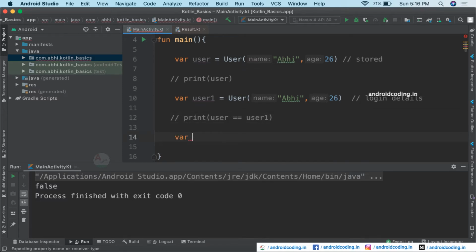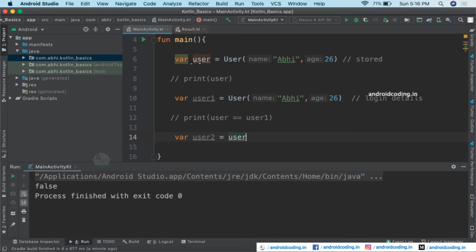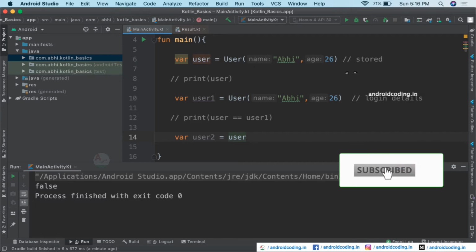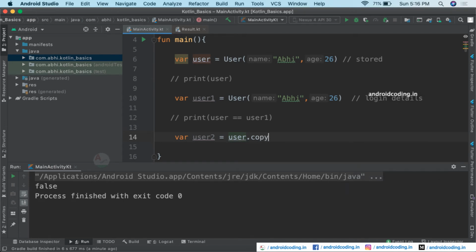We are trying to create one more user object here, and this time we want the data of user to be copied into our user 2. So here in our user 1 we have manually provided the same data, but this time we just want to get the copy option now. So directly we can just make use of the copy here instead of providing the details again.